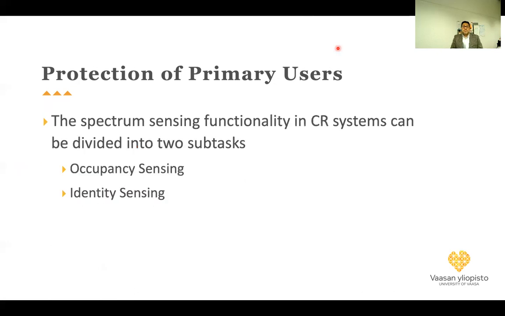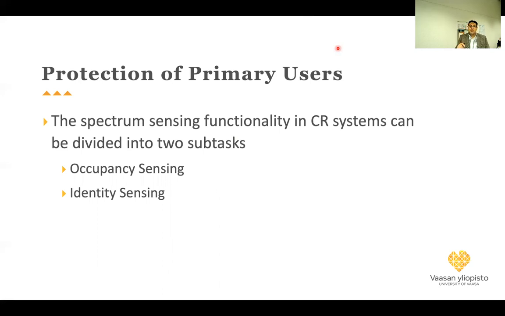The third solution is using spectrum sensing. This looks to be the most straightforward way, that we can just sense the spectrum, whether it is free or not. Mainly it should be sensed by the receivers, but even the transmitters can sense around them so that they will not cause interference to the nearby receivers of the primary user. So the secondary transmitters should sense, and the secondary receivers should sense as well.